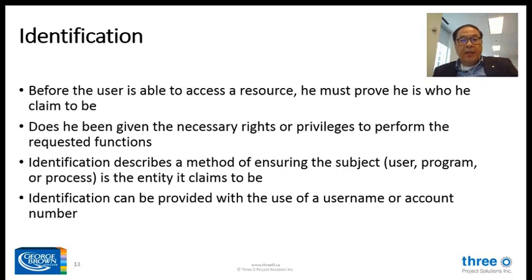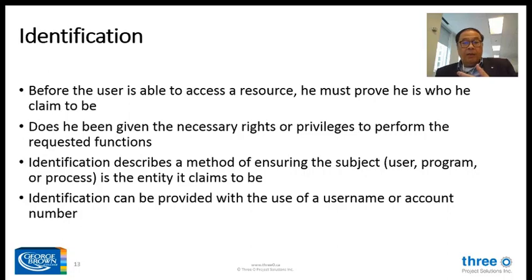So identification is before a user is able to access something, he has to provide his identification, okay? And then from that identification, the system will have to authenticate that identification, okay? So identification is not just for people. It could be for a program or process that needs to access certain resources. So it's not just restricted to users or people, but often we think of that as a user ID and